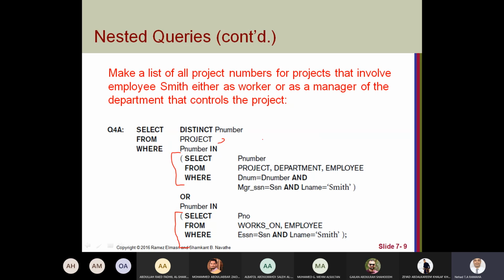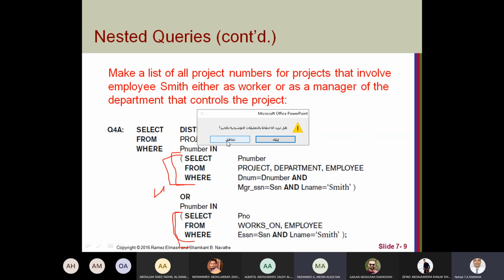Then we make a union with a select statement on works on and employee. I don't want to repeat the whole query. We can make this query and this query and make a union between them. It will give us the same result. Okay, go ahead.